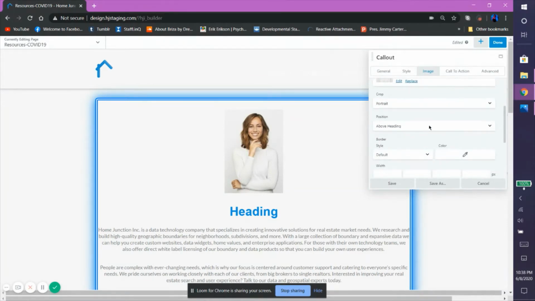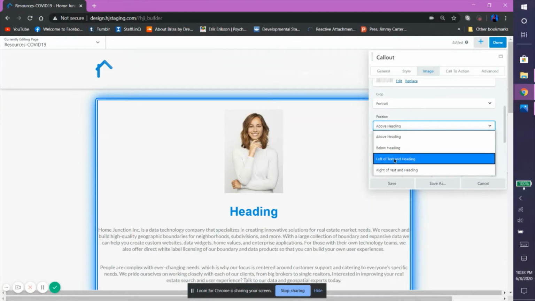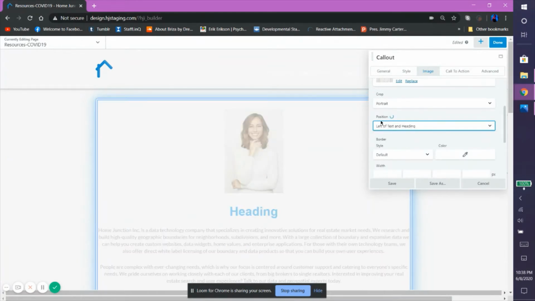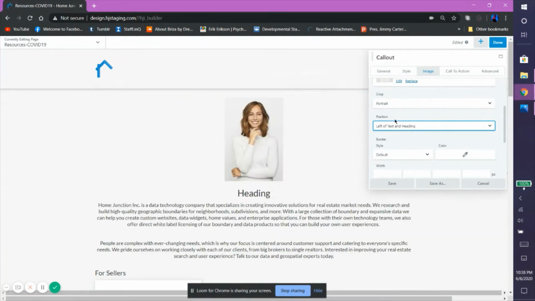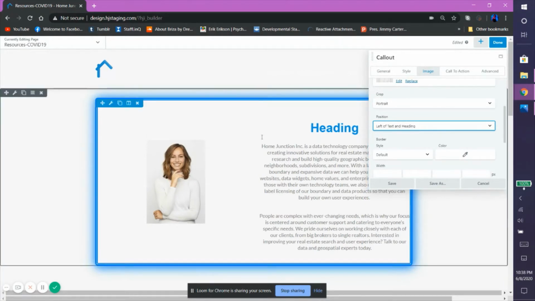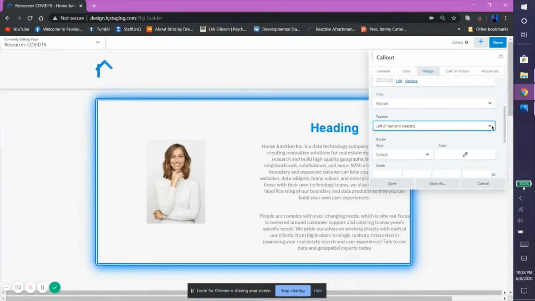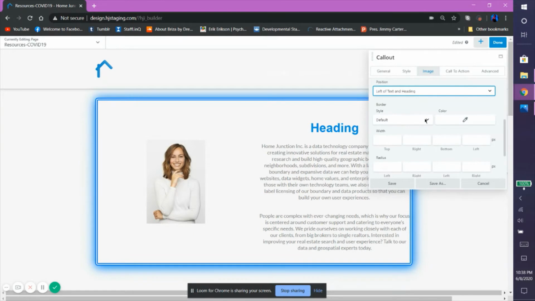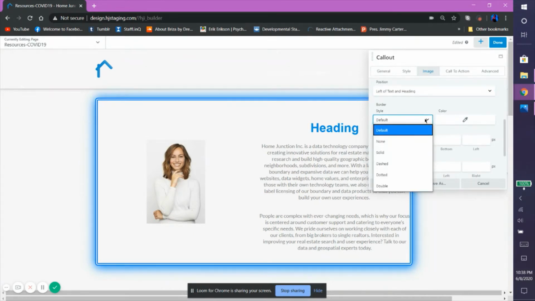Next, you can change where the photo is located in regards to the text within the card with the Position drop-down. It can be under the heading, next to the heading, and so on. If you'd like, you can also add a border to the photo. Like I demonstrated with a border of the entire card, you can pick a style,